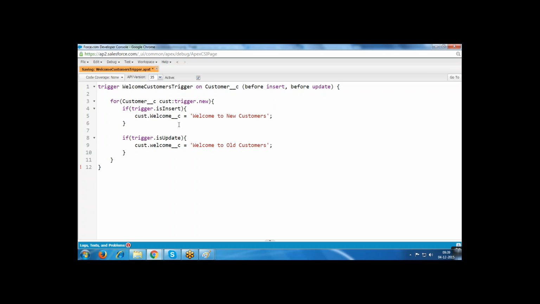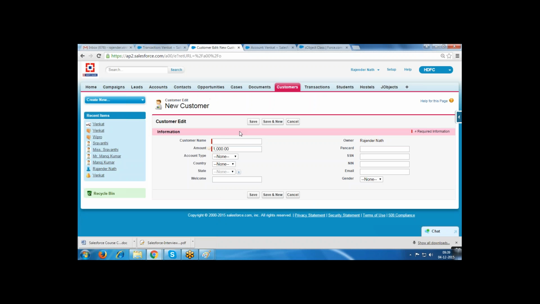Now, save it. If this is activated, then only it is executing, otherwise it cannot execute. So I'm inserting one record, Ramakrishna.